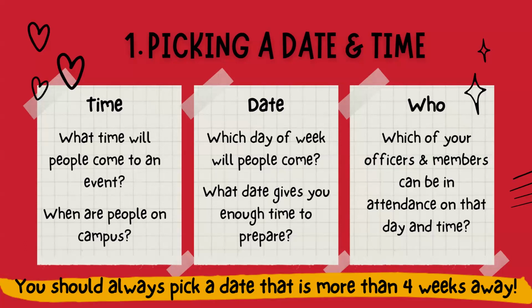Now, also be aware of how much time is between now and the date of your event. Although it's not required to plan at least 4 weeks in advance, because there's no SABC funding attached to it and that's that deadline, you should consider all the things that need to be completed before this event happens. We'll dive into that throughout the video, but just know you need to make sure you have enough time to put in your reservation, purchase any supplies that you need, and then complete any contracts or pay any vendors. That takes time. Just make sure you're planning that out.